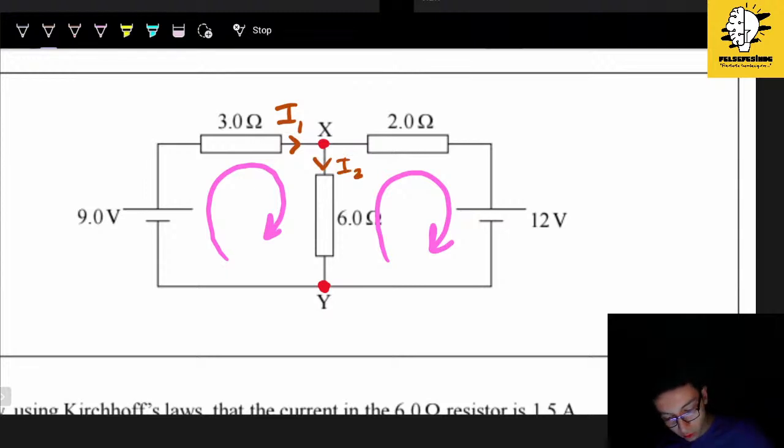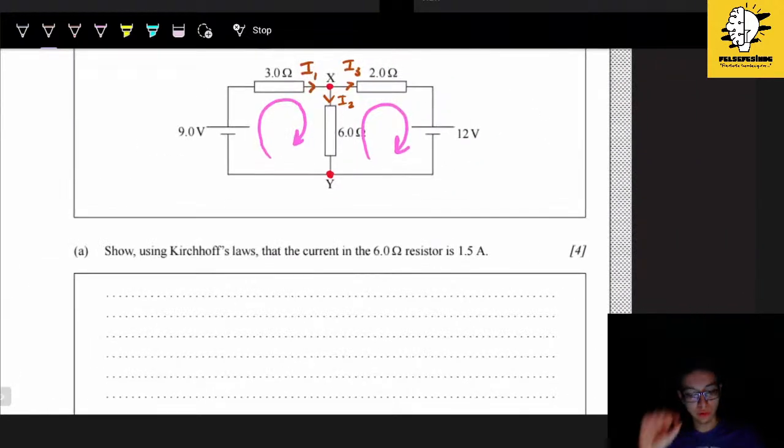And let's say over here we have I3. We know that the currents entering the joint and the currents leaving the joint have to be equal. So the first thing that we are going to write, let's look at X. At point X, I realize that I1, which is entering the junction, should be equal to the emerging currents. They should be equal. Therefore, I will say I1 is equal to I2 plus I3 because they are emerging and